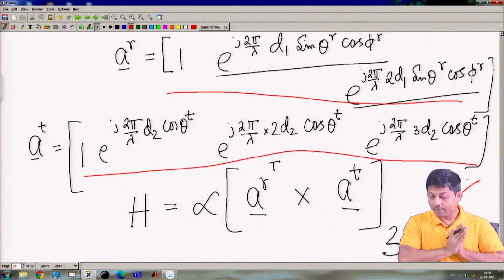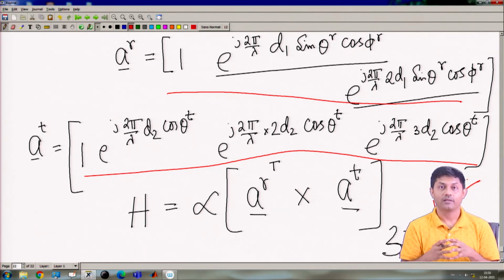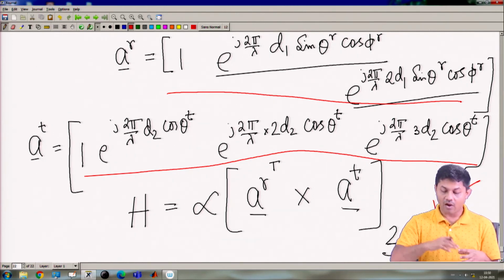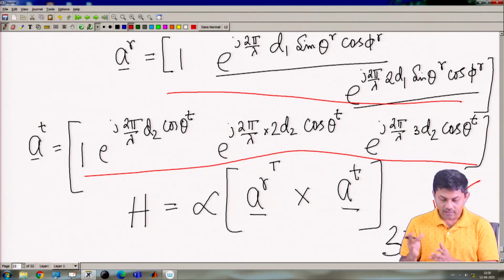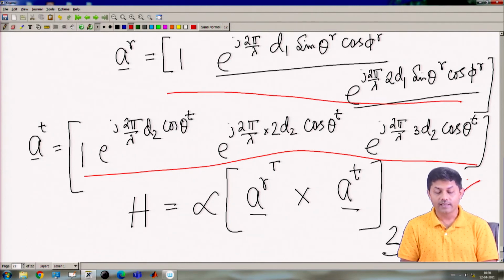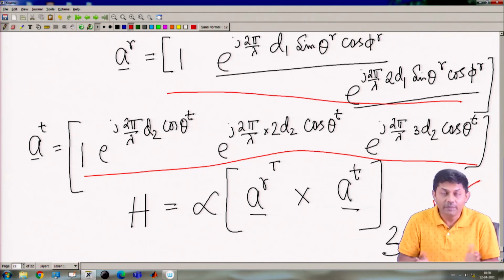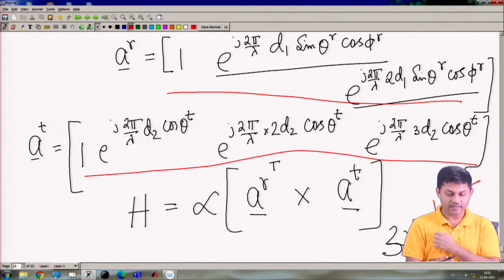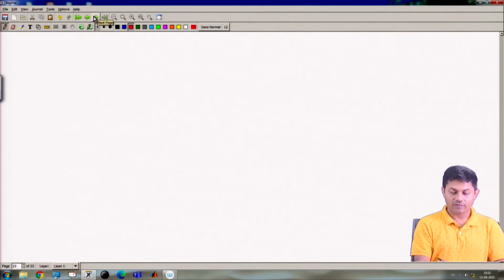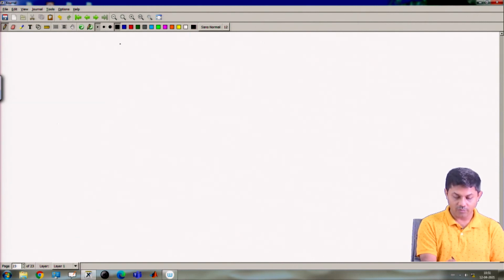I have not done beam steering, this is just the beam forming, in the sense that I have not still defined how exactly my beam properties will be, but I will definitely talk about that next, because this only shows how my channel is formed. What the beam characteristics are, I have not said, because that is an array processing part, which will come next. So, now you can construct a channel. Suppose somebody gives you a configuration like that, now you will be confident enough to construct a channel.